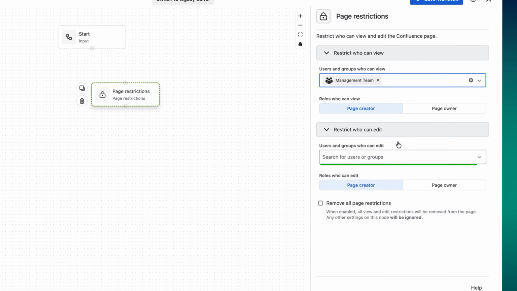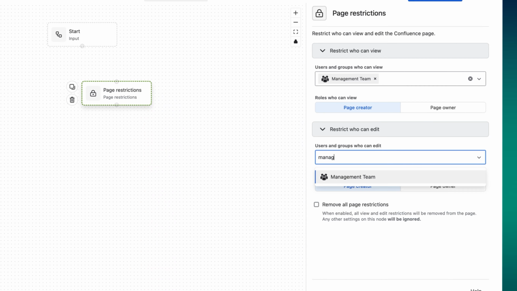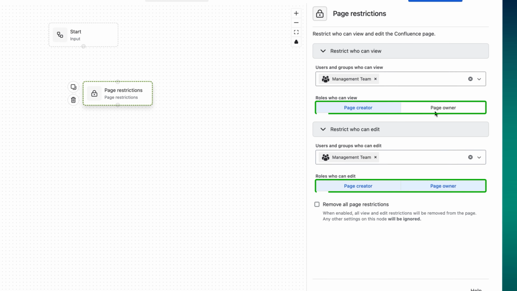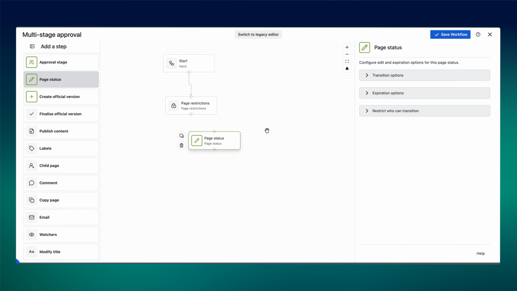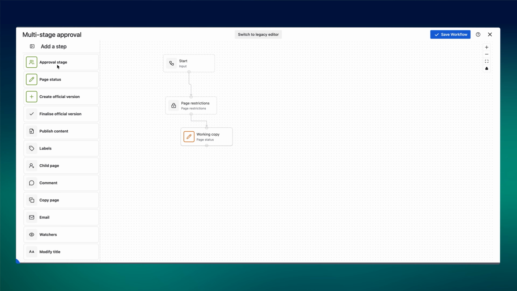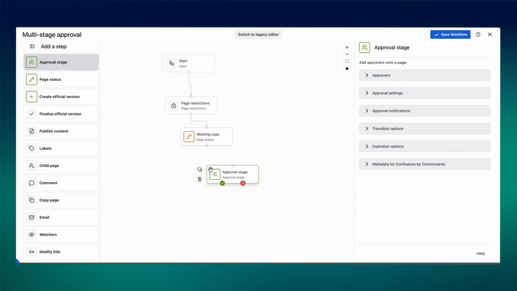Here, I'll restrict edit and view access to the management team, the page owner, and the page creator. Next, I'll drag a page status onto the canvas and connect it to the page restrictions step. I'll rename this step to working copy and change the color to orange. At this stage, the page is restricted so only the users and groups defined in the page restrictions step can